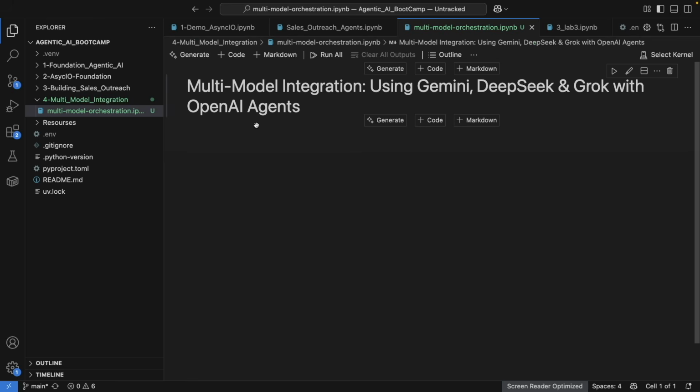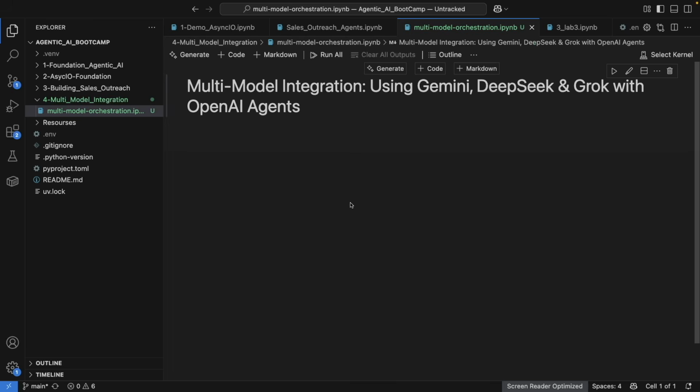If you want that within this use case itself, you can use the OpenAI agent, which we have used earlier in this particular section, build sales outreach. But because I want to show you how to integrate multiple LLMs, I'm using the Gemini, DeepSeek, Groq, and the OpenAI. So it's completely optional. If you want, you can continue and create the account on the Gemini, DeepSeek, Groq, and